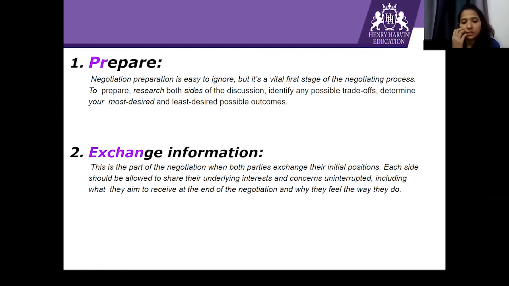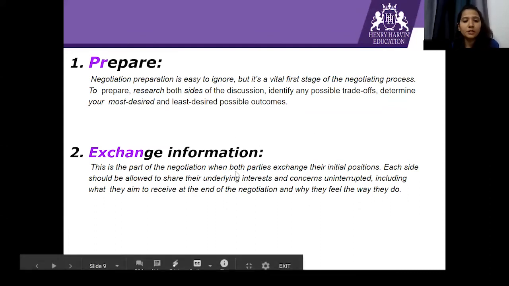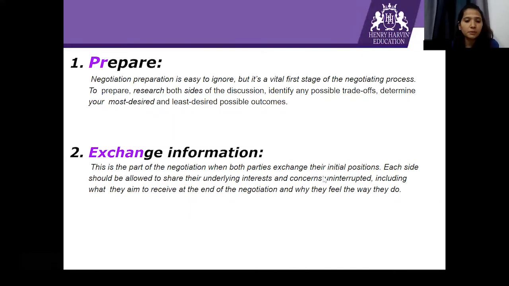So exchange of information means to say why are you putting this, why are you coming up with this to bargain in the first place? Why are you coming up with these alternatives? What is the main crux of it? What is the main motive and the objective? Correct. So that would be understanding what piece of information you need to share with the other opposing party, basically.